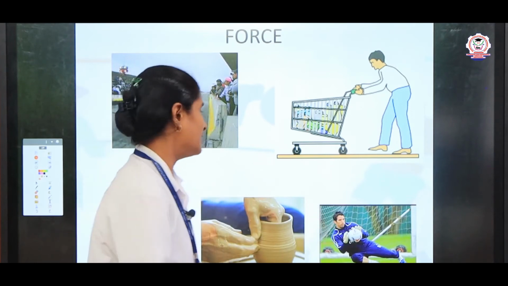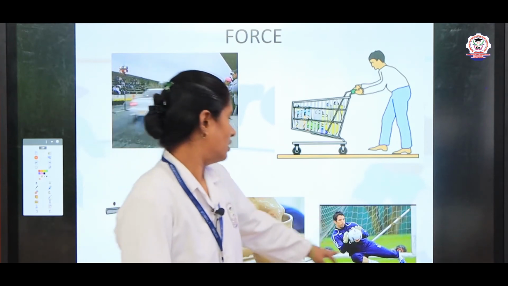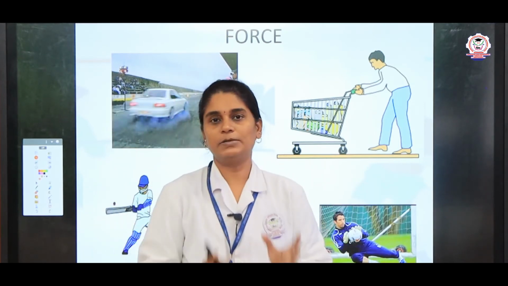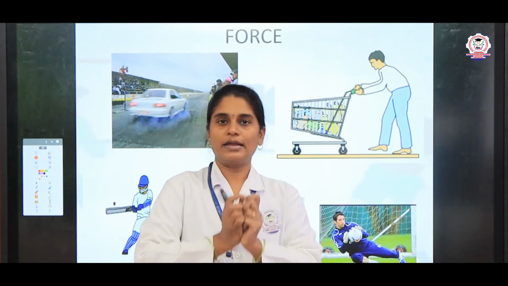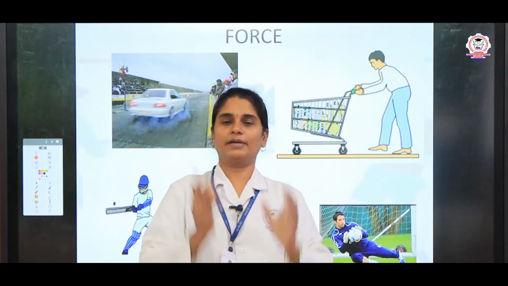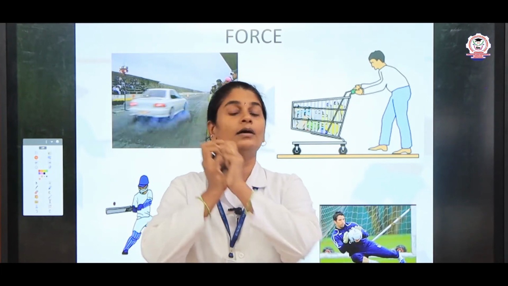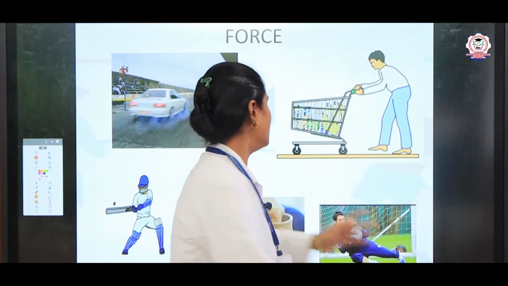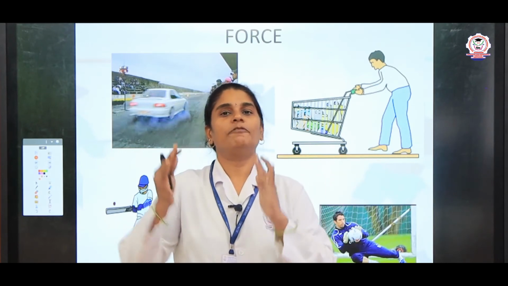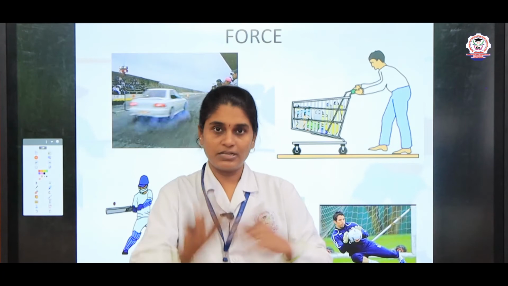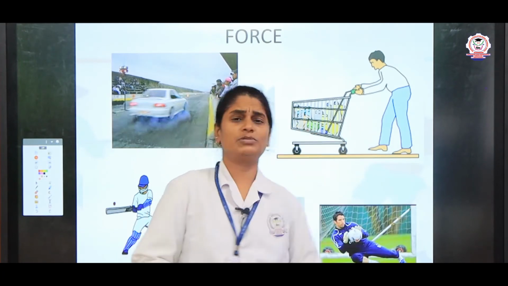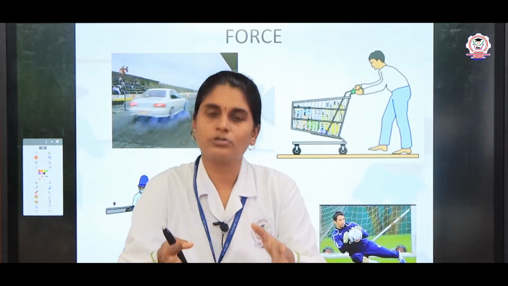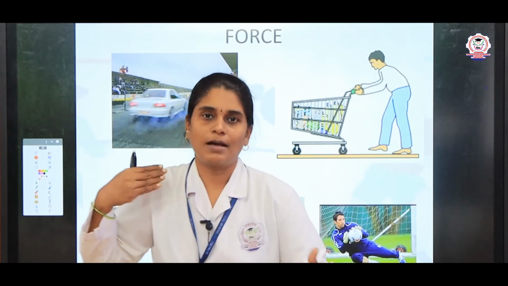The example that we can see here is in football. There will be a goalie, right. That person catches the ball, right. So the ball is on the move and the person catches the ball, thereby the moving object is stopped, right. So with the help of force we can stop an object, with the help of force we can move an object. Even in football itself, we can see this type of example in many games, okay. In the same way in football, when the ball is kept, the player will come and kick the ball, right.